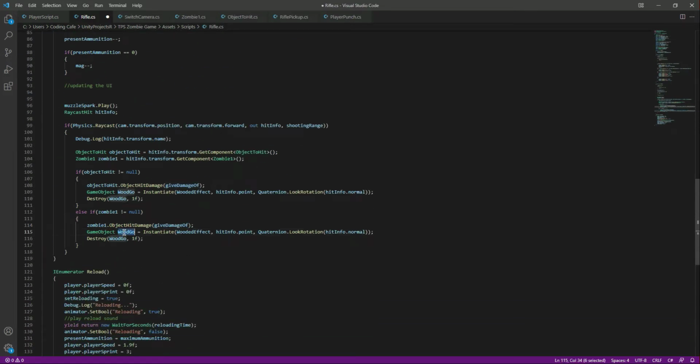After that we want to play the gore effect. Let's name this gore effect go, and right here as well, gore effect go. We want to play the gore effect on the zombie body. Okay,